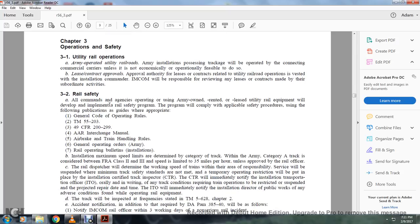3-2 Rail Safety. All commands and agencies operating or using Army-owned, rented, leased, or utility rail equipment will develop an implementation rail safety program. The program will comply with the applicable safety procedures, using the following publications as a guide when appropriate: General Code of Operation, Technical Manual 55203, Title 49 CFR 200-299, AAR Interchange Manual, AAR Hand Training,